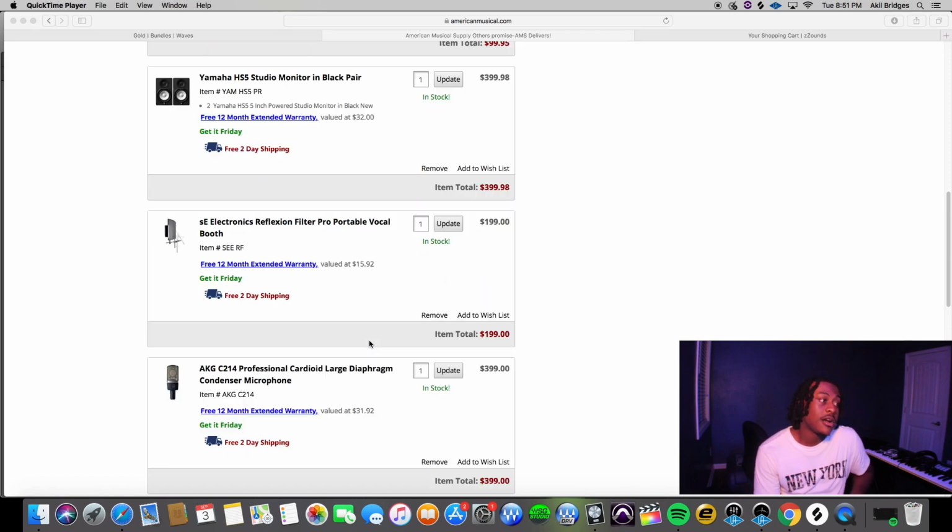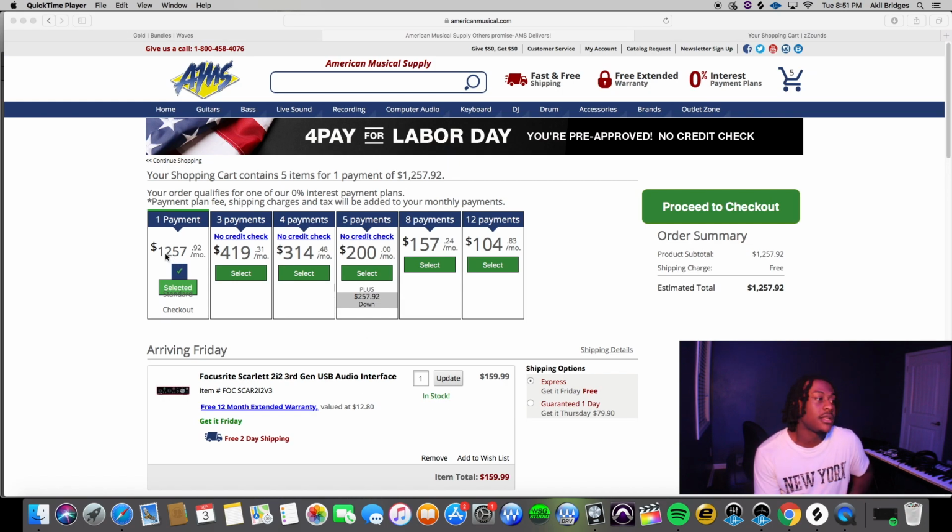So y'all might be looking at the cart like, dang, that's a whole band right there and some change. I don't know if I got that. Even if you're working a minimum wage job, bruh, you can pay for this, because they let you do payment plans. So you can literally get all this equipment to your house in 2 or 3 days as soon as you make the first payment. So depending on what your situation is,